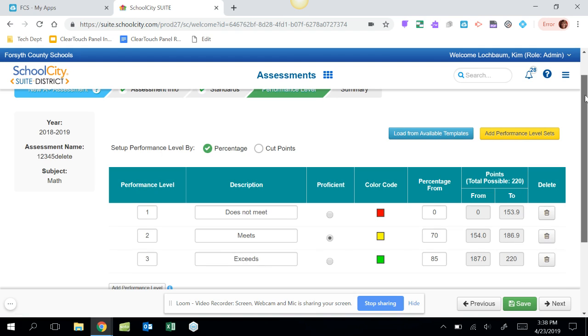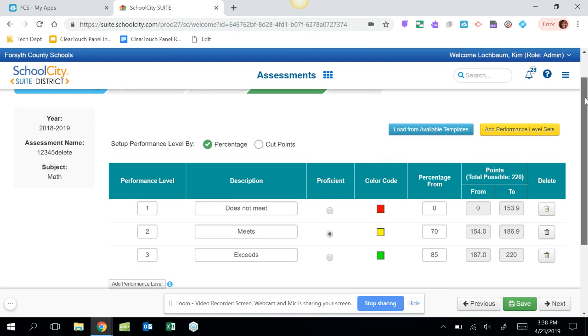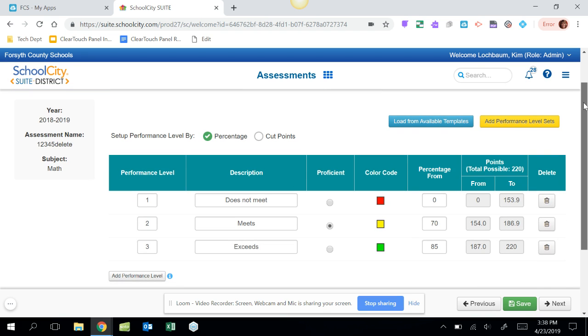And with the performance-based assessment, one thing that is very helpful is changing it from the default of percentage to cut points, especially if you're working on a numeric scale like I'm doing. So now I can simply say, okay, if my students need to know 50 sight words by the end of this year,